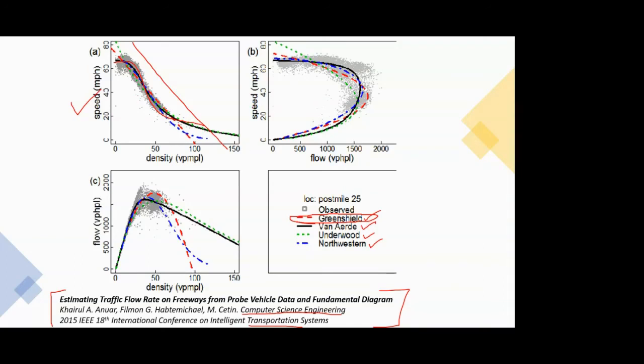Again, the second curve on the right side, speed versus flow, should ideally be a parabola like this, but it is somewhat shifted to the upper side. And the same is the case with flow versus density. It should be a bell type of curve, but instead it is just saturated here itself and it goes on like this. So this is what I'm trying to say, that in case of heterogeneous traffic, these conditions or these curves don't hold true.